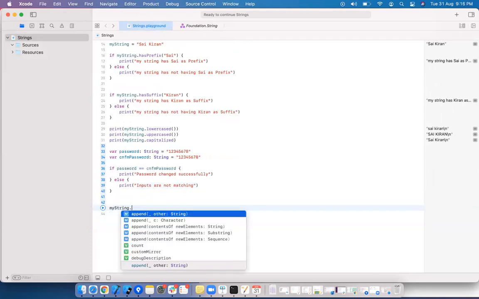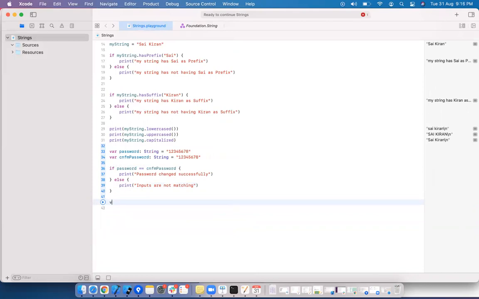And my string where I write, see what are the other methods it has. Let's say where first name I'm having DN, where last name Reddy.